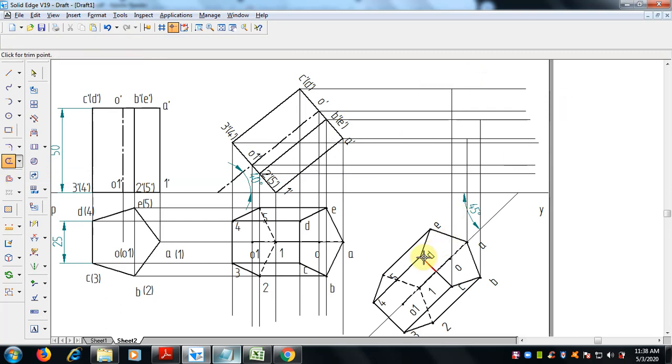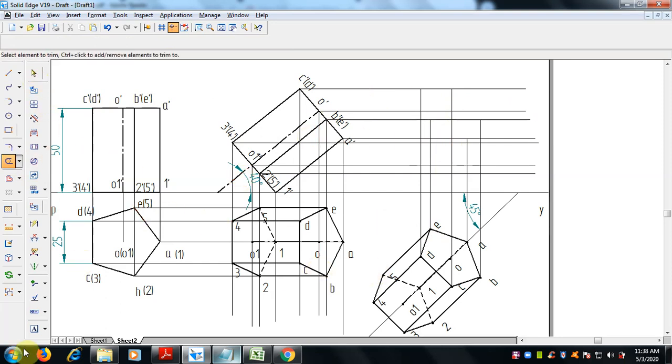Okay, C, and the next D. From the end of D line we have to select E. If it is not coming straight, please extend this and then trim. Then it is easy for you.